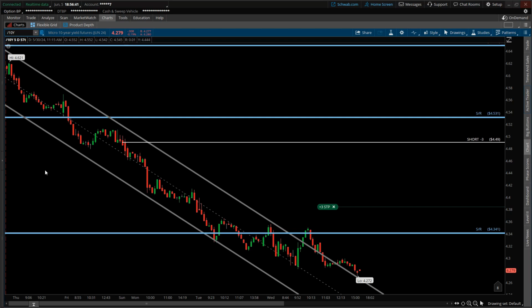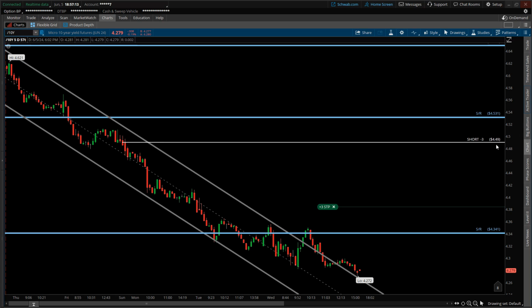So quick update. Today's Thursday, June 5th. And although the calendar is still showing June 5th, now that the futures market has started trading almost an hour ago, this is officially the trading session for Thursday, June 6th. And as of the time of this recording, the 10-year yield is quoted at 4.279%. And we can see here that since I re-entered this short, price has broken below this local support level of